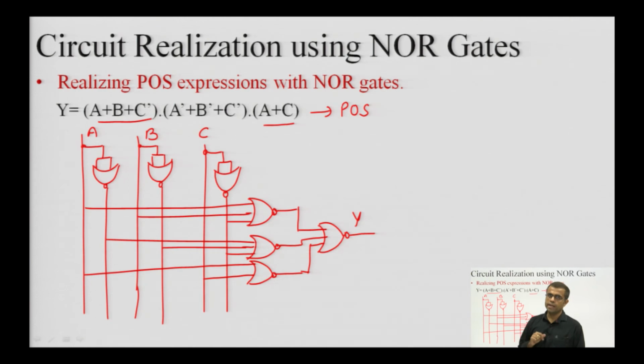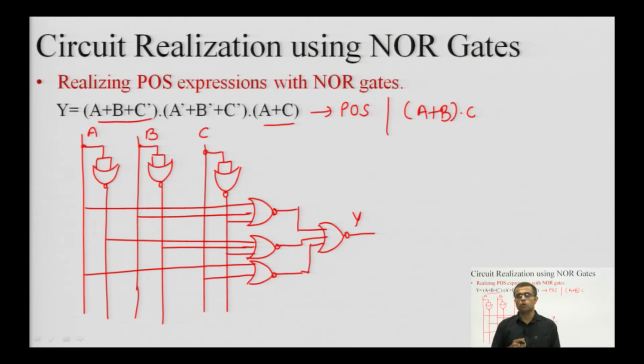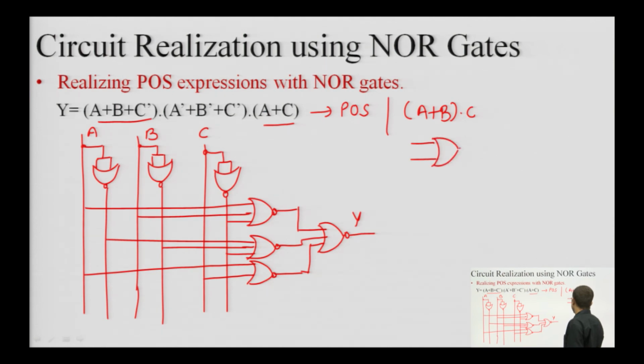Similarly, like in NAND gate we have seen that there has to be an OR gate, and that OR output has to pass through an AND gate. Both these are required to generate NOR based structures. That means, if I am provided with something like this, (a plus b) into c, and if I am asked to generate the NOR structure for this, then it is very much clear that for this sum I will be using a NOR gate, but this c will again pass through a NOR based NOT gate. So, this is a, this is b and this is c.